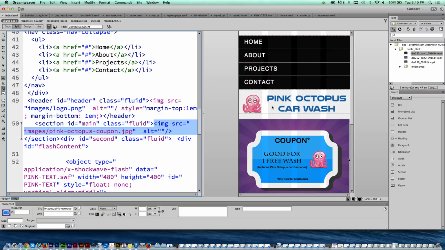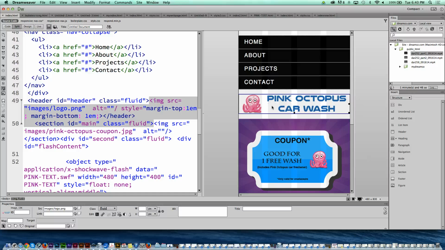Now remember, the right-hand side is what's called the front-end view of the website, which will show what the user will see. And the left-hand side is the code, it's like under the hood of the Maserati, right? Now, if you go on the right-hand side and you click on this graphic, which is the pink octopus logo, it will highlight where in the code that is located, right? Now, once you have it highlighted, you can see what it's called. In this case, the file is called logo.png, and you can see where it's located relative to where this web page is stored, and it's stored inside a folder called images.